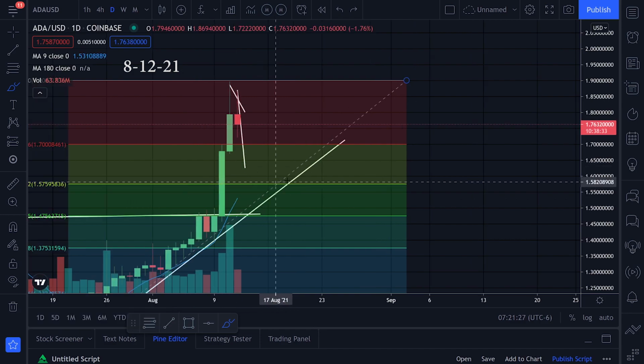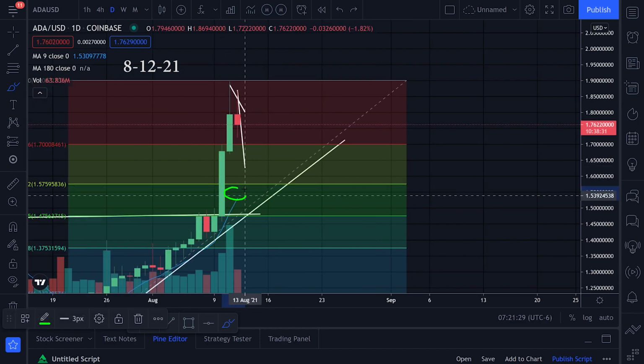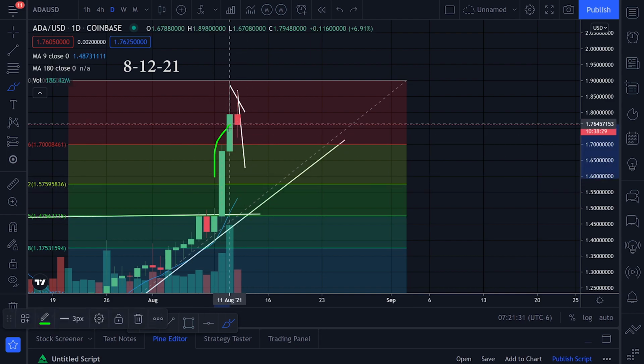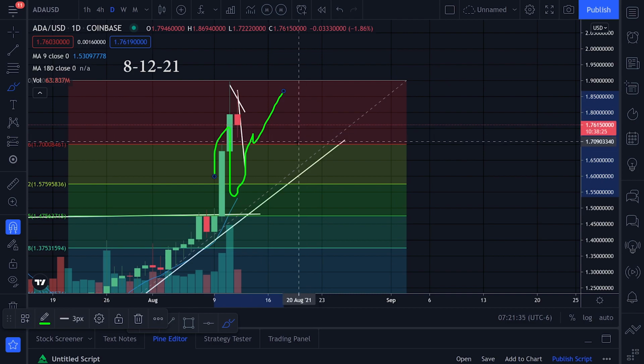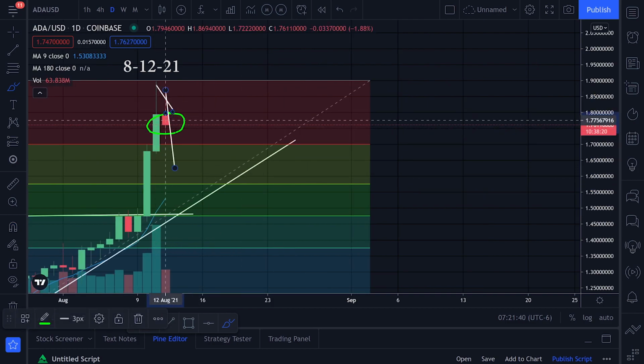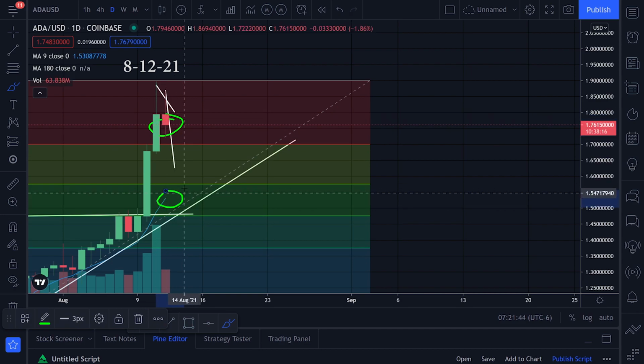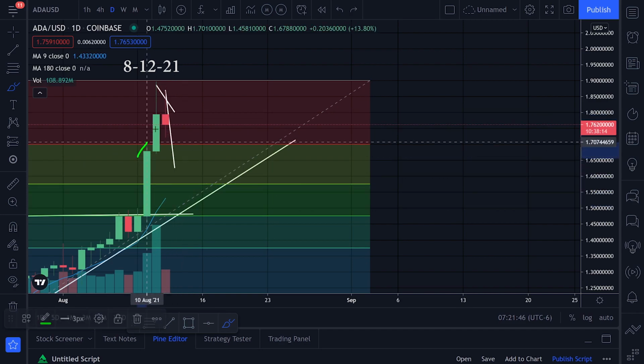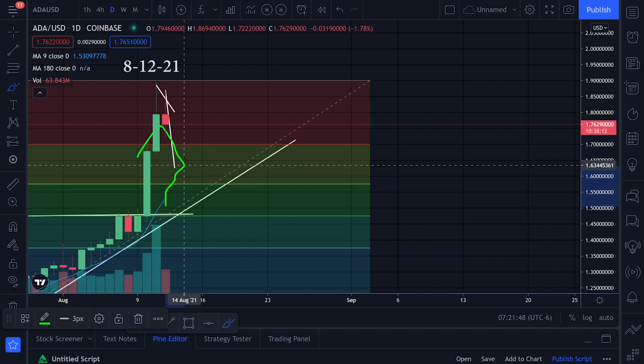Like I like to talk about, if we can stay above this moving average, even if we come back down and test it and get support on it and keep moving up, that's still a good sign. But there is some distance between the price and the moving average right now, so I wouldn't be surprised if we had to come down and look for that moving